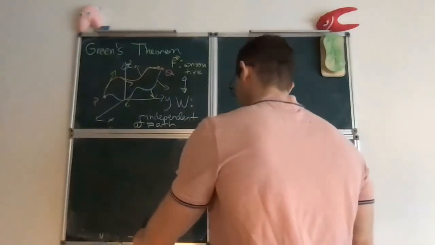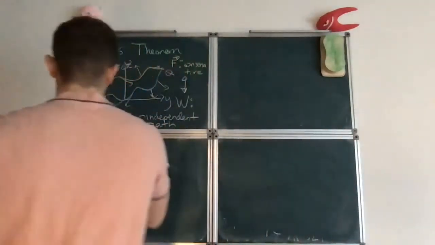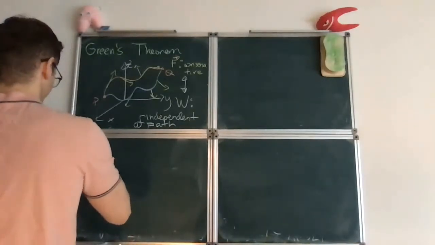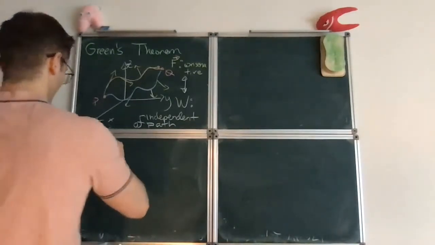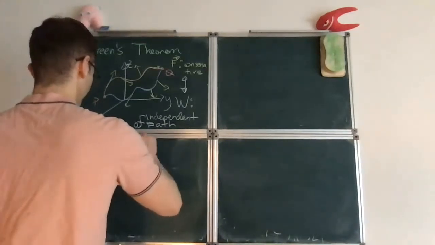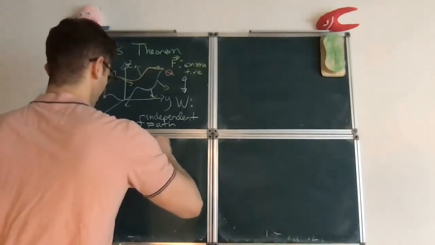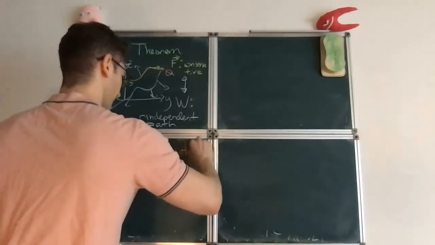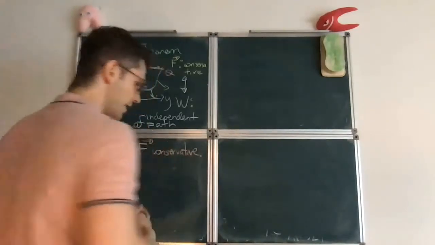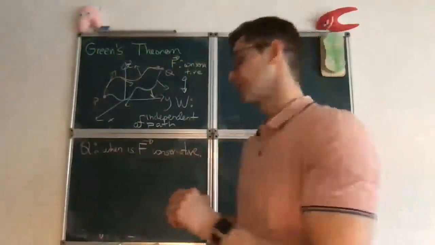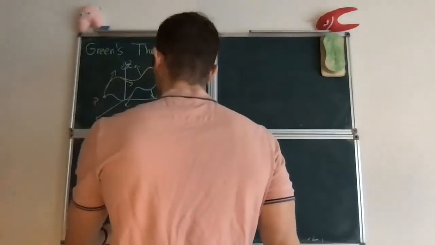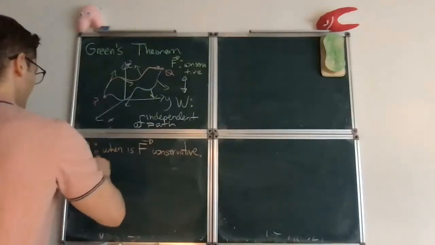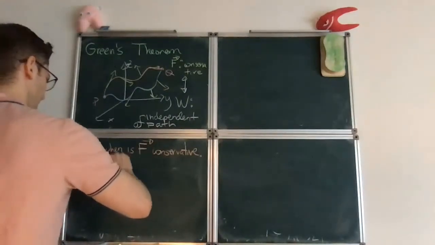And so the question that we have been trying to understand, this is the main question to a large extent for the remaining part of this class, is when is F conservative? And we already have some partial answers, right, to this question. So let's just write it here. So some partial answer,